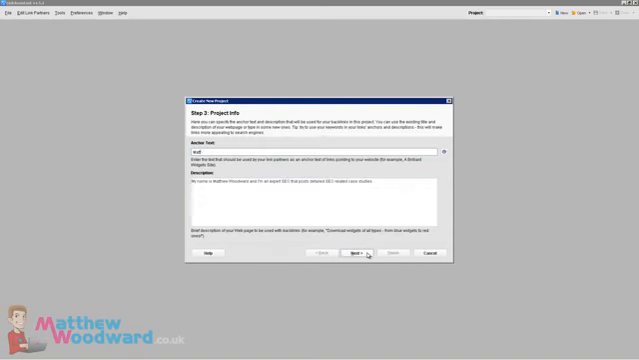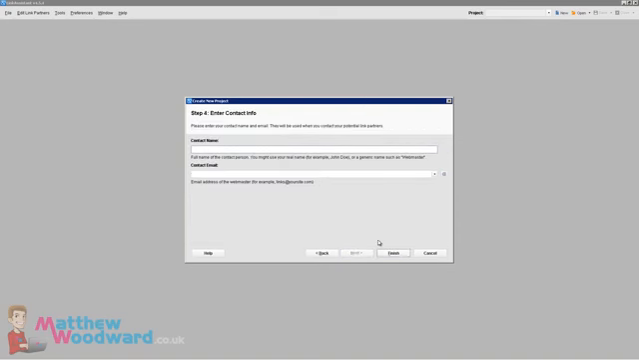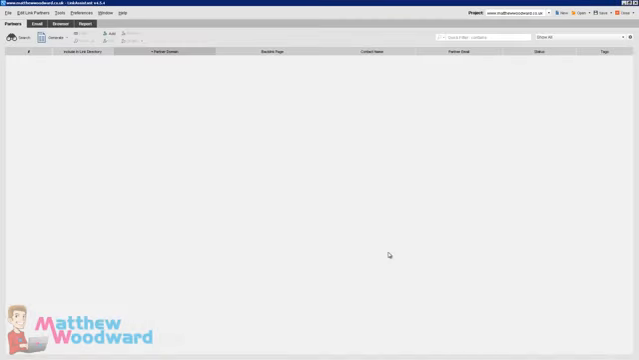And the anchor text that we want to rank for. Brief description of our site, click next. Contact name, and email address, and click finish. And the first thing that we want to do is look up some potential link partners,